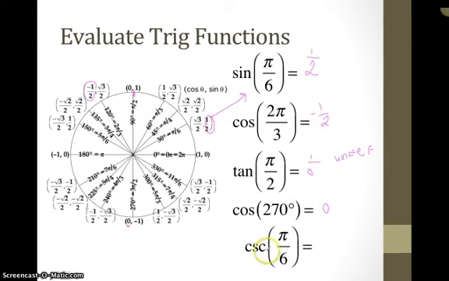And then cosecant of pi over 6. So pi over 6 is right here, cosecant is 1 over sine. So if sine is 1/2, that means cosecant is 2 over 1 at that value. Okay, and I can answer any number of questions. This unit circle we should be able to reproduce for ourselves, but I should be able to feel confident being able to answer any type of question. So I might be able to say something like